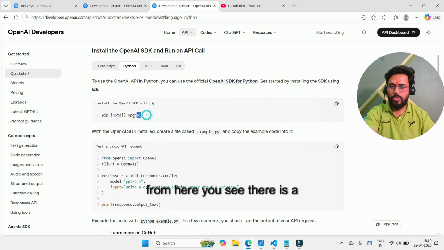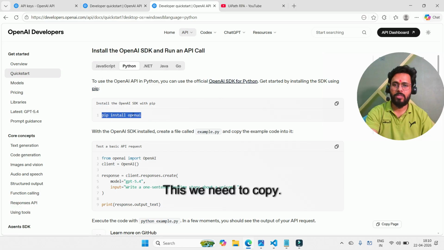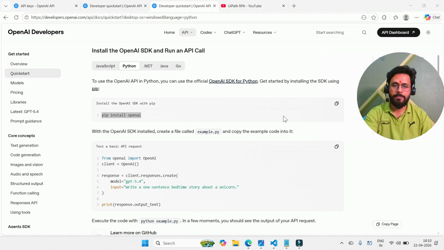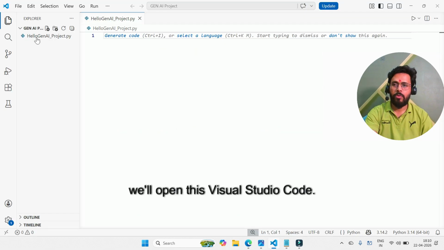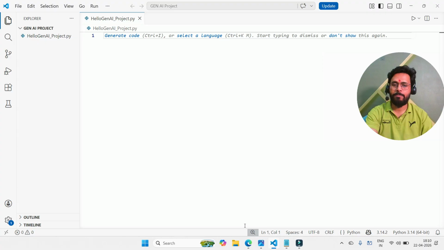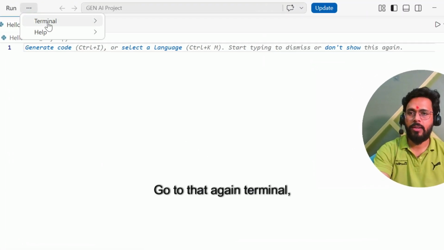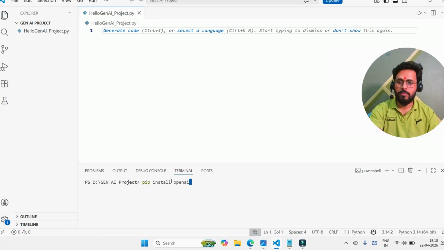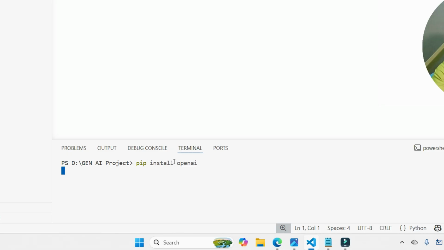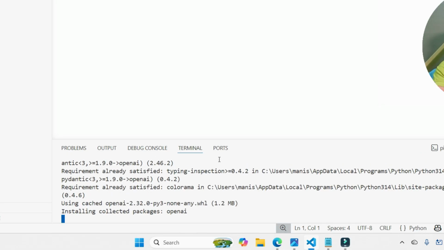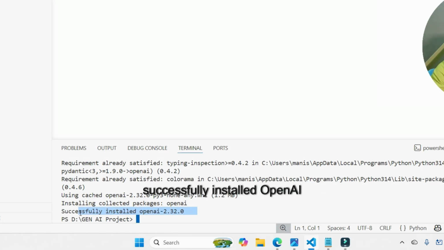And from here you see there is a code. This we need to copy. So we'll copy this. You can copy it from here, and then we'll open this Visual Studio Code. Go to the terminal again, paste here, and run that. Enter basically. Now this will install the package for OpenAI. Successfully installed OpenAI